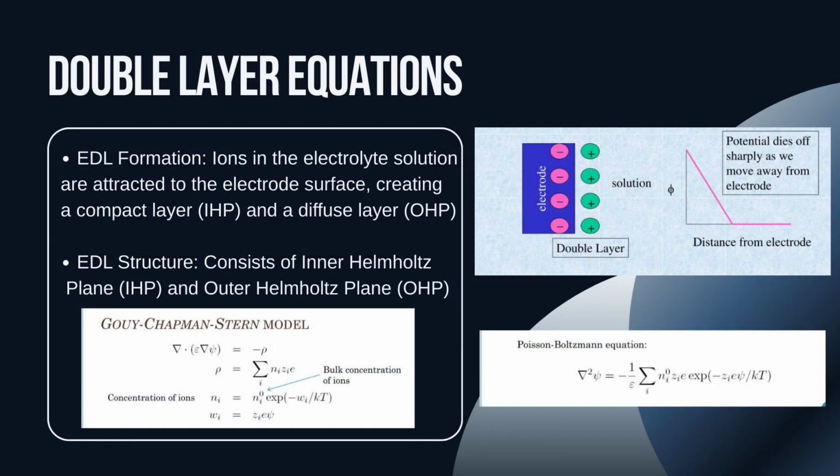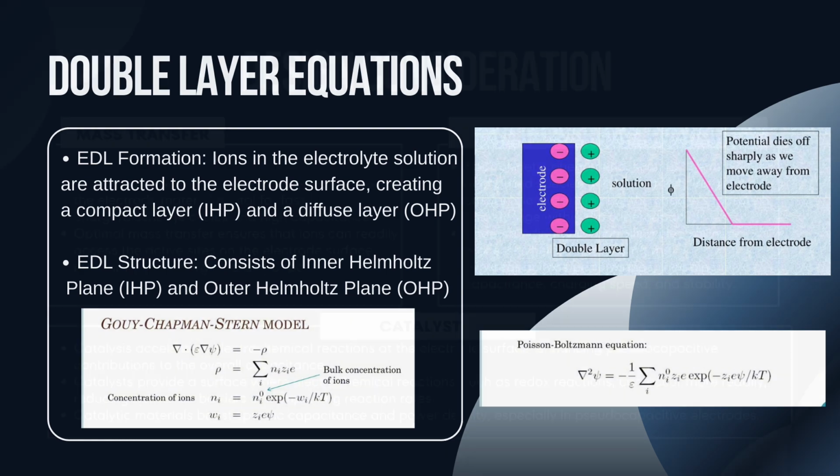Talking about the double layer formation, the ions in the electrolyte solution are attracted to the electrode surface, creating a compact layer, the IHP, and a diffuse layer, the OHP. Here we have one graph which shows the potential versus distance from the electrode, where the potential drops sharply